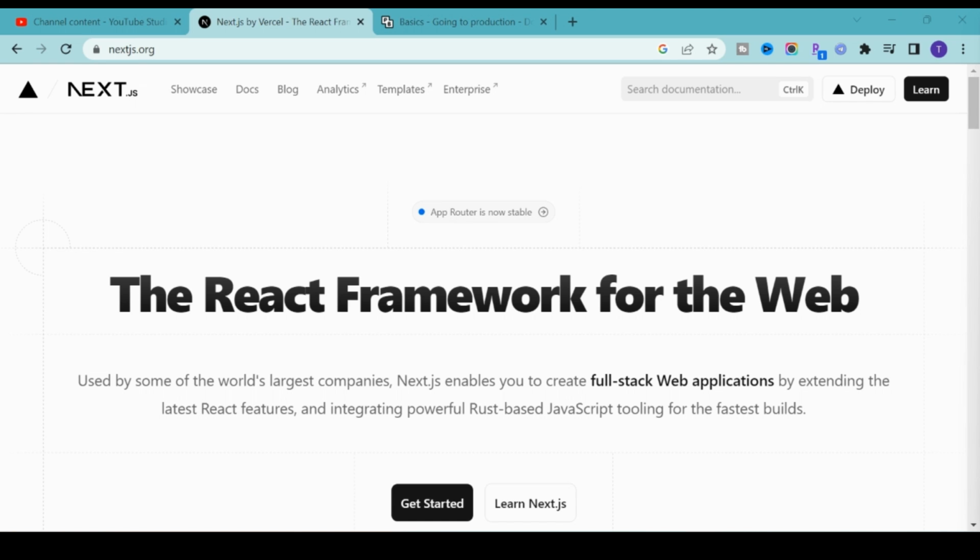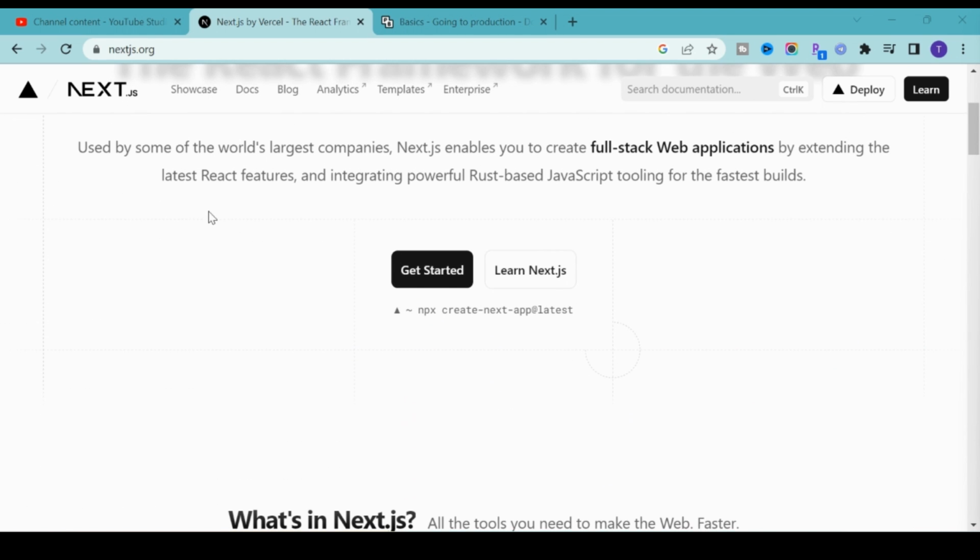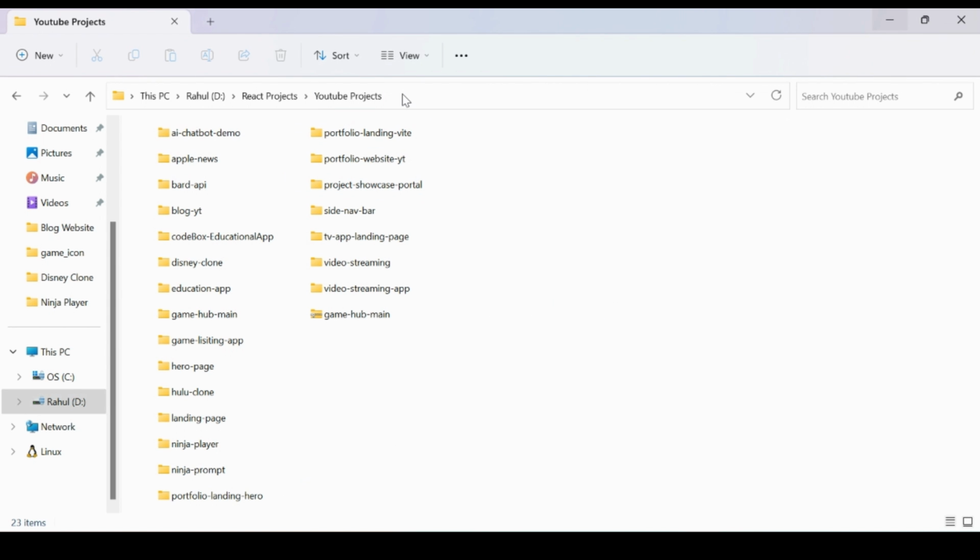So in this particular tutorial, we are going to use Next.js 13. If you don't know about Next.js 13 or Next.js, don't worry, we will learn everything from scratch. If you go to the official website nextjs.org, you will find this particular command in order to create the project. So just copy this command and go to a project folder where you want to create the project. Then open the CMD,